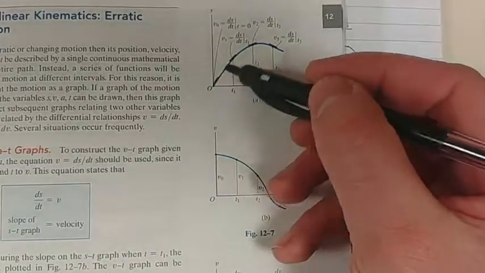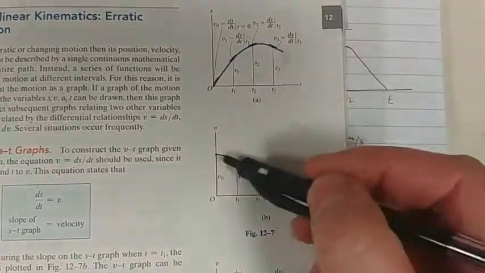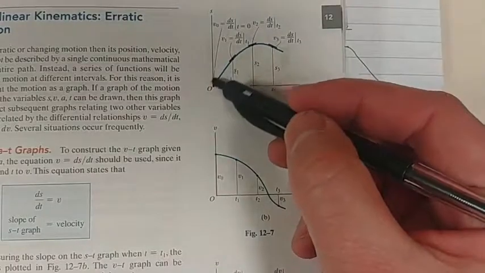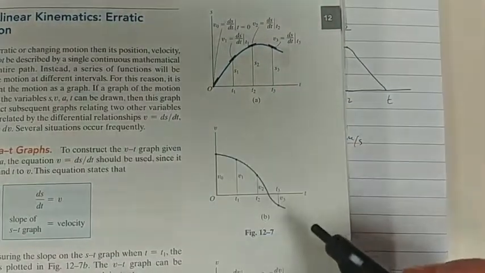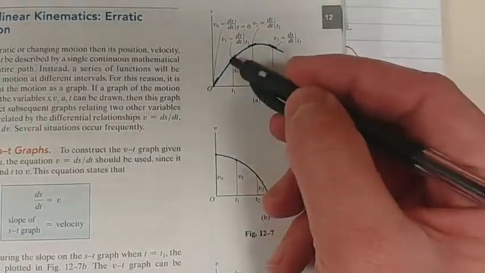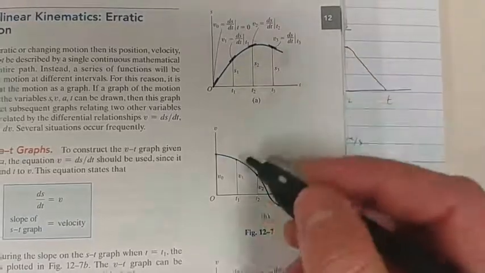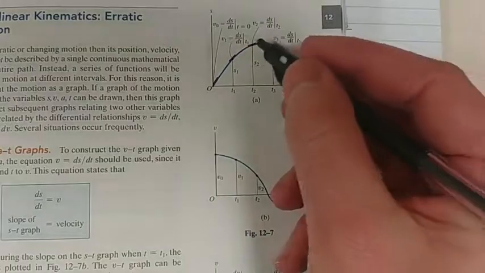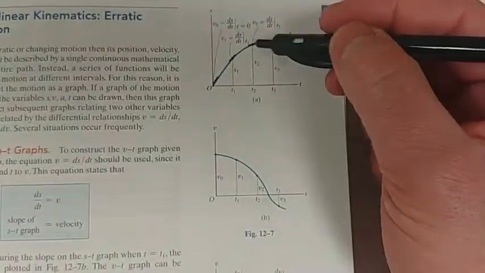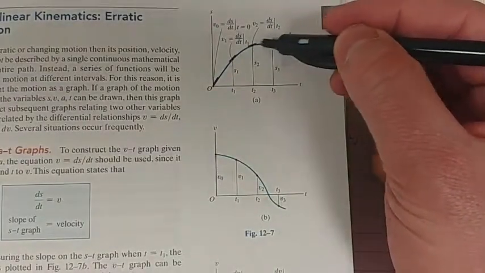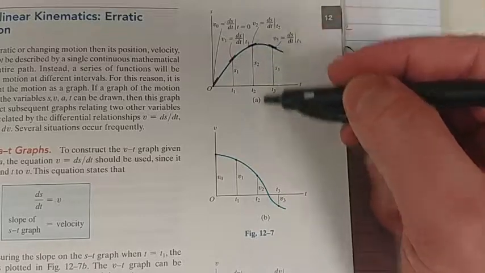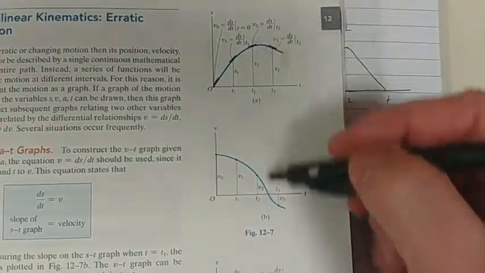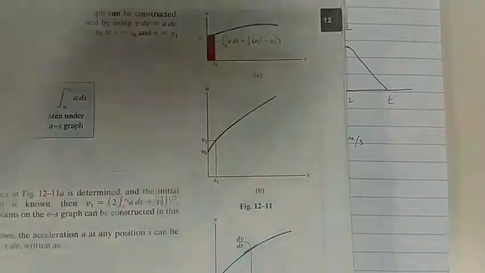So we look at the slope at each of these positions, and if the slope is positive, we have a positive velocity. The slope is still positive, but in this case it's slightly less positive. There we have a slightly lower velocity, etc. And what do you notice here at the top? The slope, ds/dt, is 0, so we're going to get a 0 velocity there. So the point is, I'm not going to go into all this